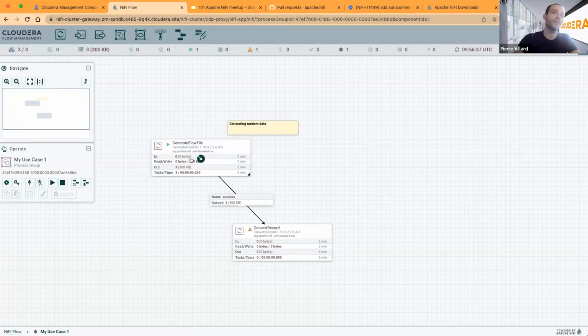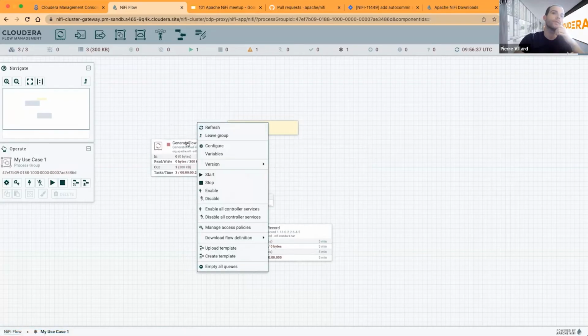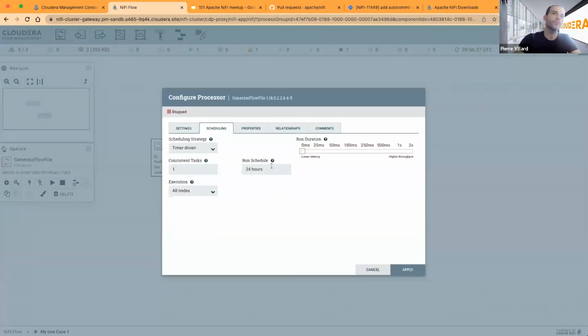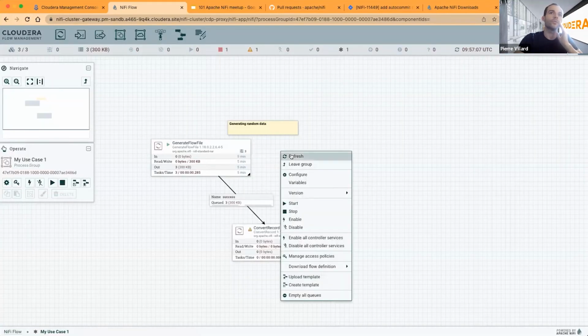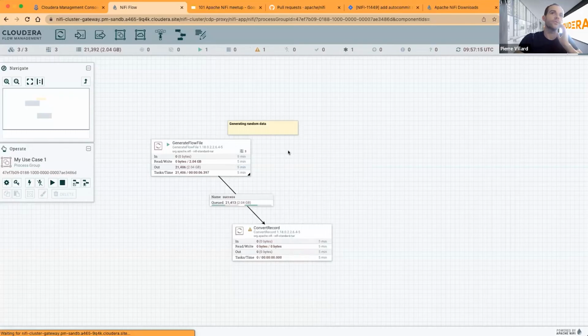But the processor itself is running. And if you want to make modifications, you have to stop, and then you can go into the configuration, make changes, and so on. By default, most of the components are configured with 0 seconds, which means run as fast as you can. And if I start the component, as you can see, it's going to generate a lot